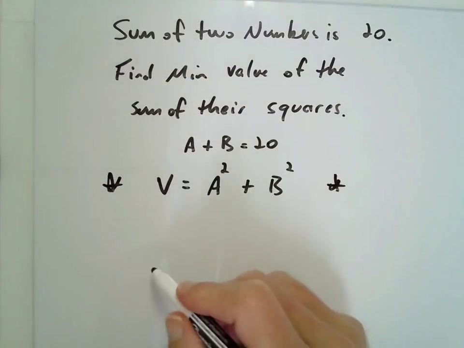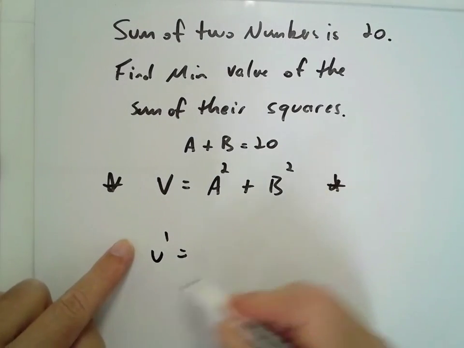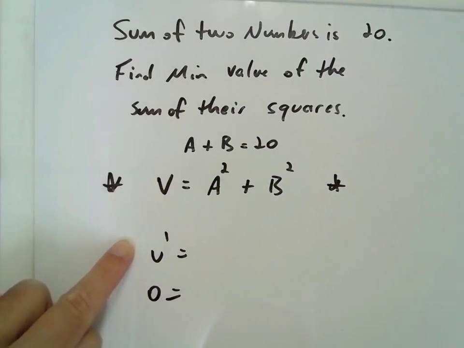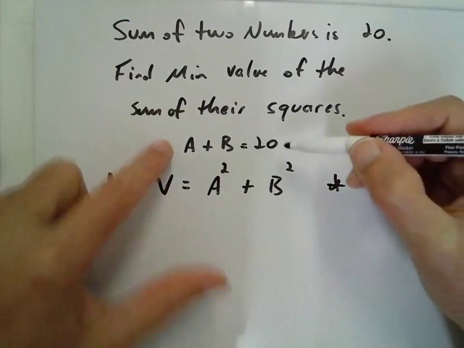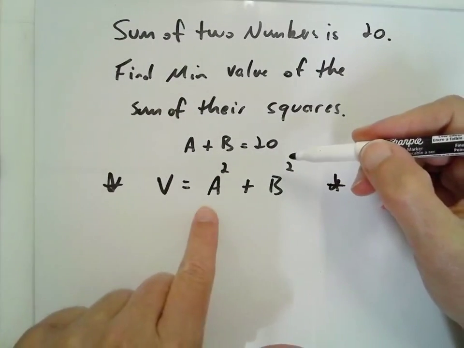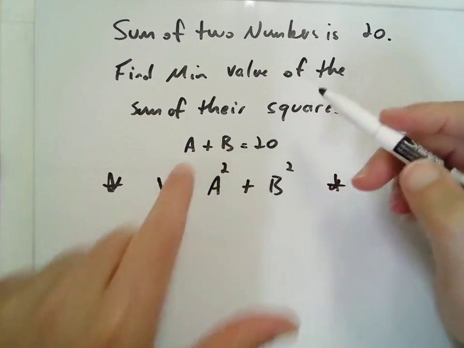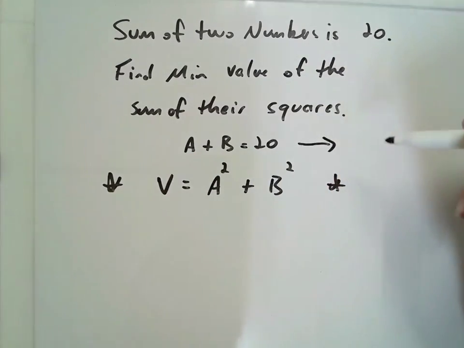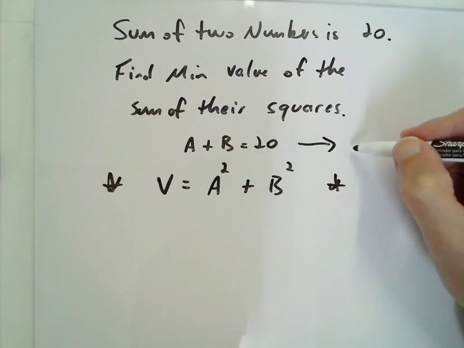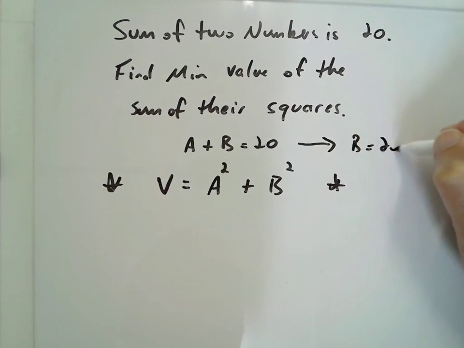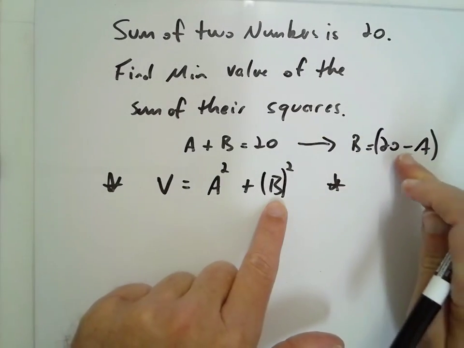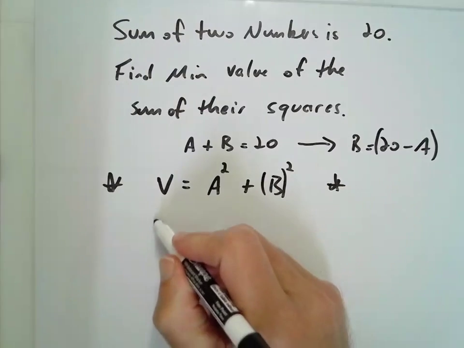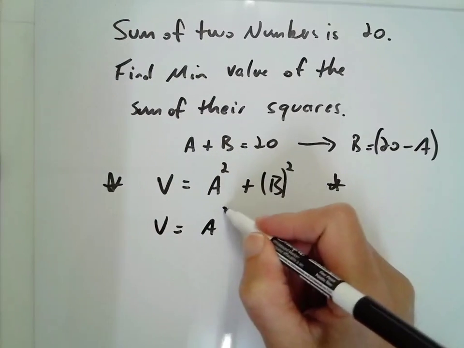So we're thinking that we want to differentiate it and set the derivative equal to 0. But we can't differentiate it just yet, can we? Because we've got two variables here. We've got to get rid of one. So we're going to use this relationship between a and b. b is 20 minus a. That's the b, so I'm going to slot that right in there. So I'm going to get V equal